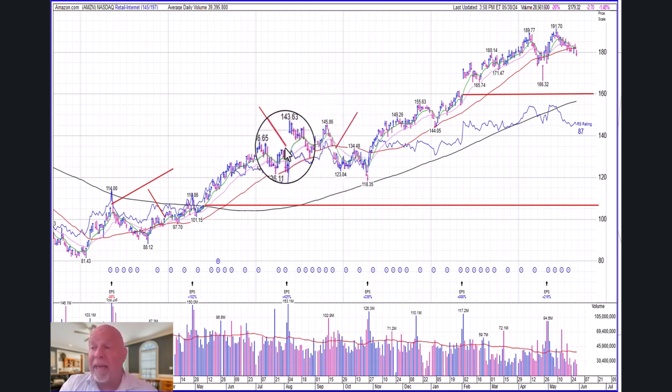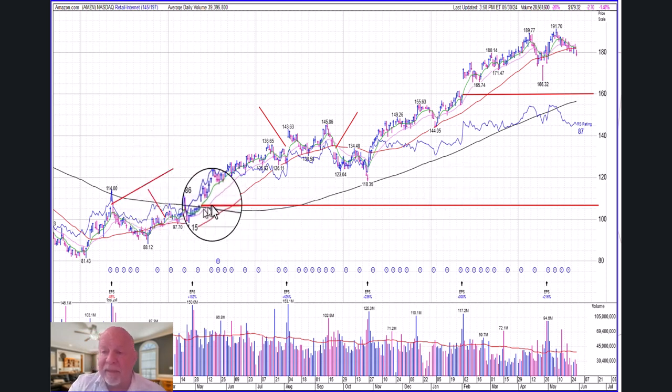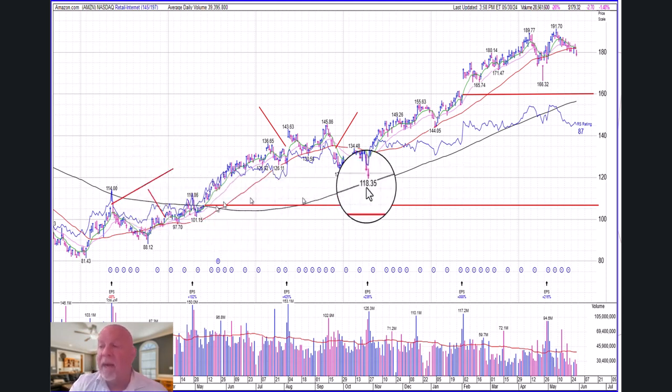There's a breakaway gap again that gets filled very quickly, within just a few weeks or months, I would say, and then it gets filled with a gap down as well. That creates a gap on the chart. It goes up, can't quite get there, creates a double bottom, goes in and fills that gap. So notice that every gap except for this 107 one gets filled.